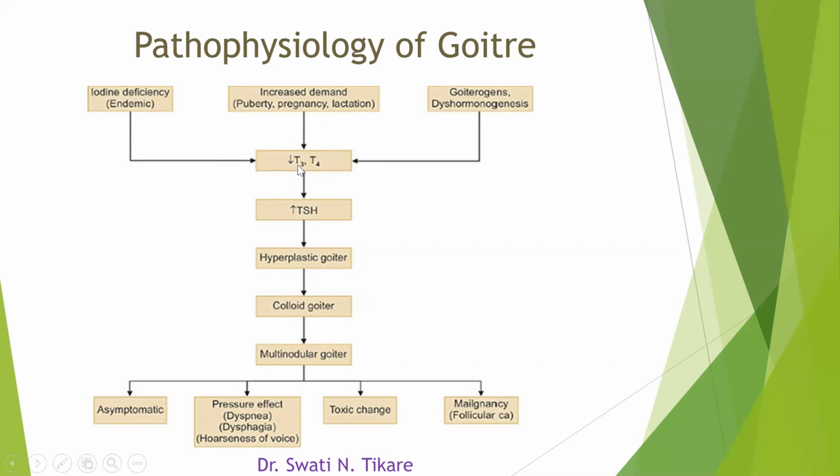So all this can lead to decreased T3, T4 formation, which will cause increased TSH. That will cause hyperplastic goiter, excess stimulation of the thyroid gland, resulting in the formation of a goiter, which can be of different varieties, maybe a colloid goiter or multinodular goiter. You need not bother. So it can remain asymptomatic, or there may be pressure effects because such a huge